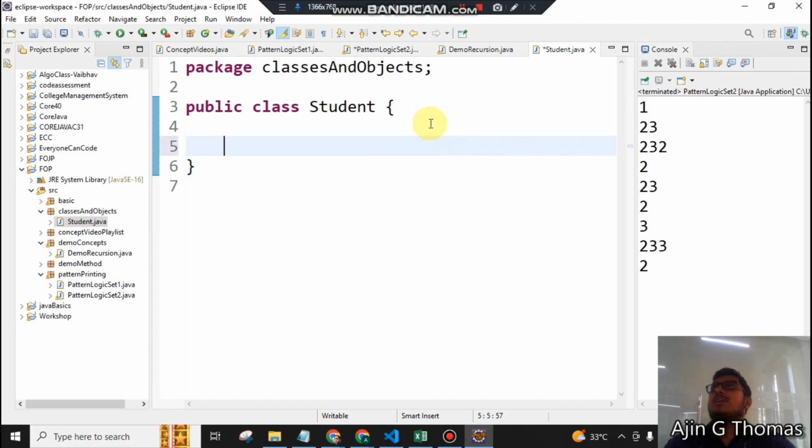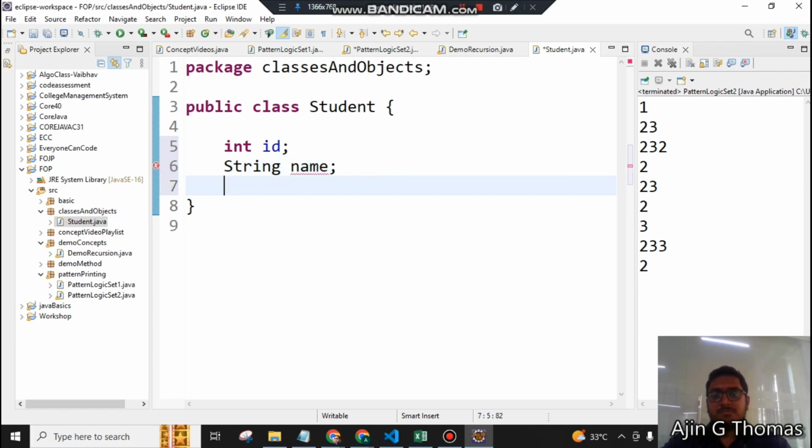How many attributes are there for this class? What are the attributes? Int ID, string name, then long, right? Okay, so long,